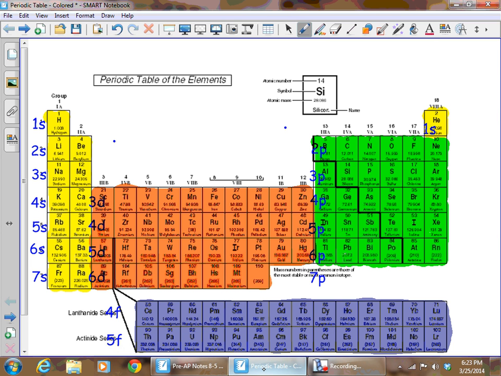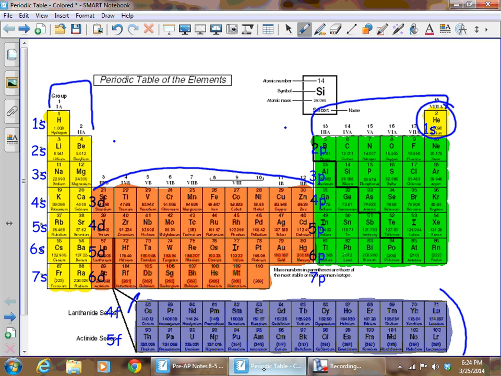and use map pencils to color in these sections. We have different sections here. This section here is called the S block, numbered 1 through 7S. This section over here is called the P block, numbered 2 through 7P. Notice this rogue helium here. Make sure when you color it that you color it the same as the first two columns. It is actually an S element. This middle section here is called the D block, and finally this bottom section down here has our F block